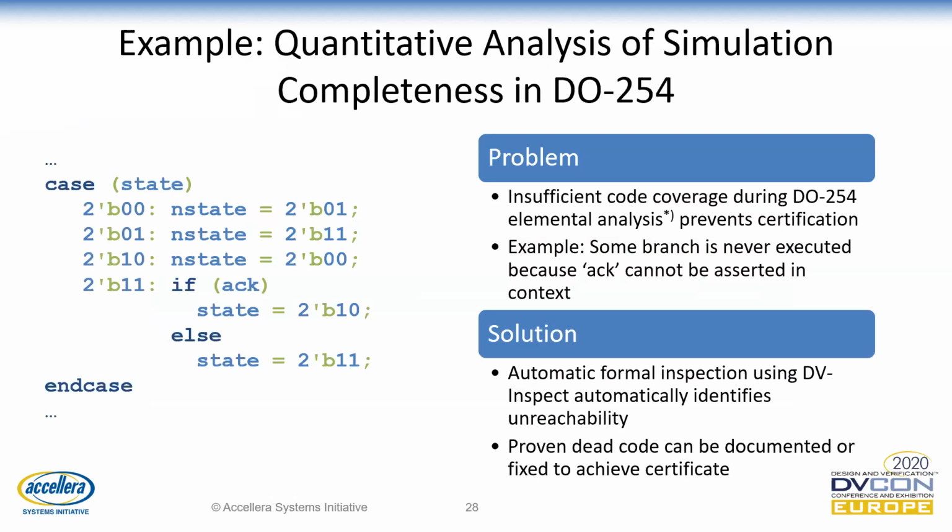The problem here is that insufficient code coverage during DO-254 element analysis prevents certification. For example, taking this branch, it will never be executed because the acknowledge cannot be asserted in this context. The solution would be to run formal inspection using DV Inspect, which is a pre-step to the Quantify coverage analysis, but the dead code is also